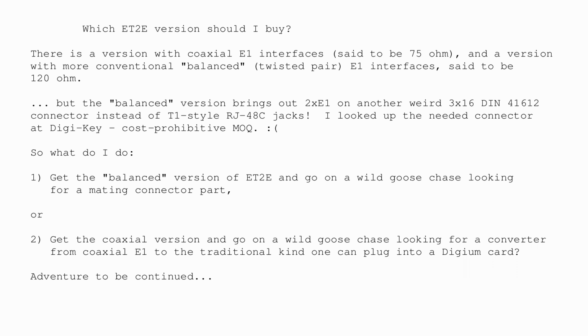But then for the next step of getting the exchange terminal, because without the exchange terminal, this thing cannot possibly operate. So to get the exchange terminal, I have to buy one from Shield E, and I have to choose which version to buy. Because I can buy the version with the coaxial, or I can buy the version with the 3 by this weird TX16. It's just that